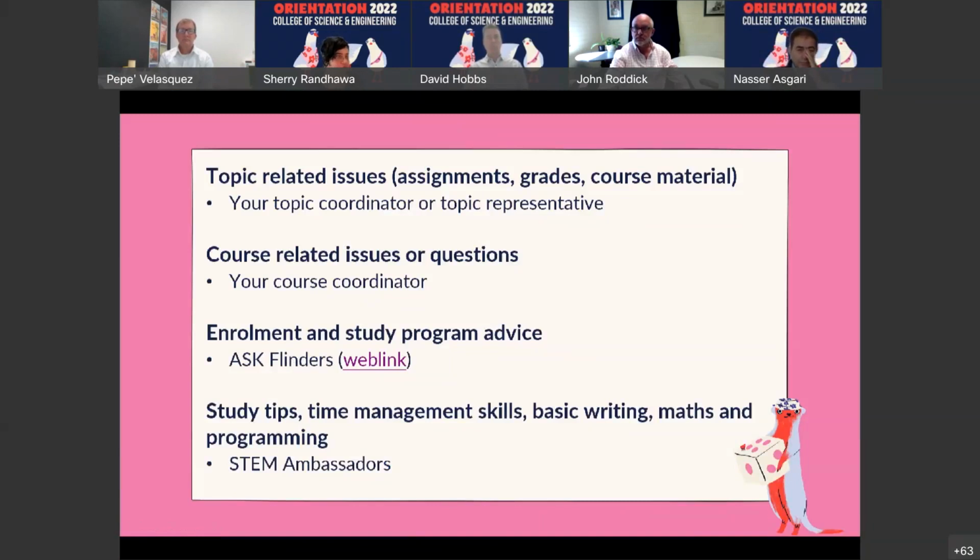You know, they can give you study tips and help you with exam preparation. So make full use of that. It's all free. We have a student learning center, which is free. You can drop in and get some help with your essays or your math, your basic writing skills, or whatever you need. Make full use of the facilities at Flinders because it's free and it's available for you. Okay, so just putting it out there.